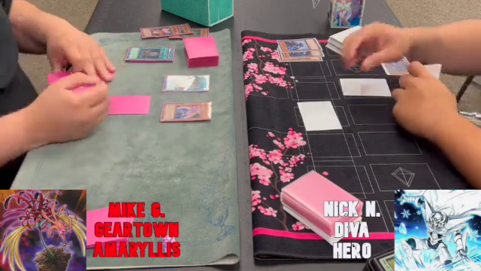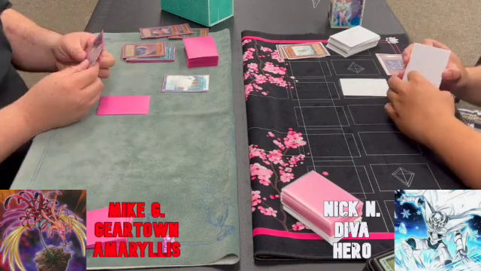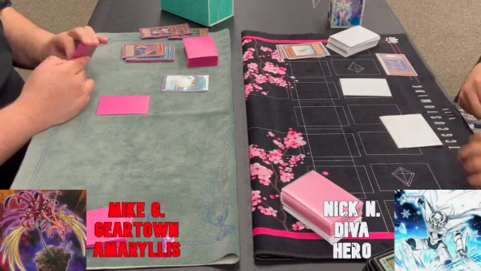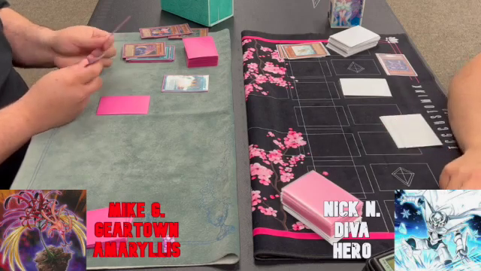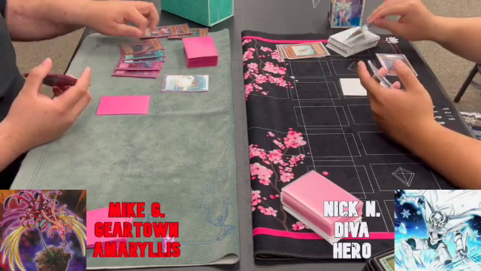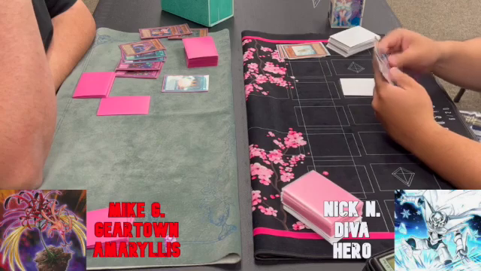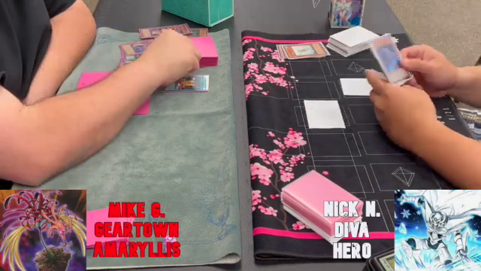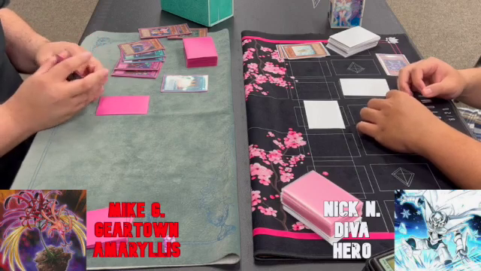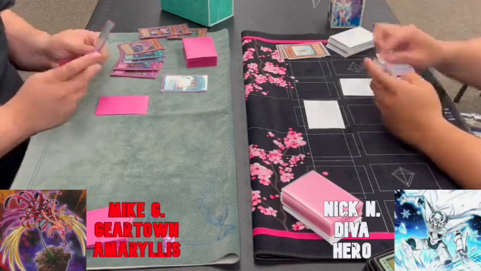So Amaryllis goes to attack position, declares another attack onto Treeborn Frog, and then Amaryllis will destroy itself, doing another 800 points of damage. So Mike just really valuing the burn damage here, and it just adds up very quickly. 800 is a lot, and after a few attacks with big monsters, Amaryllis can just close a game. So every 800 matters. And now we have a defense position monster from Nick on the right, and a whole